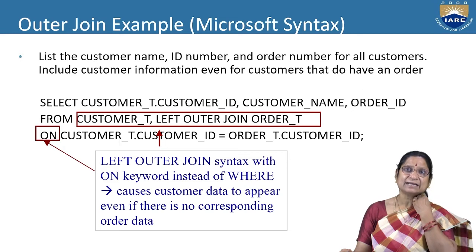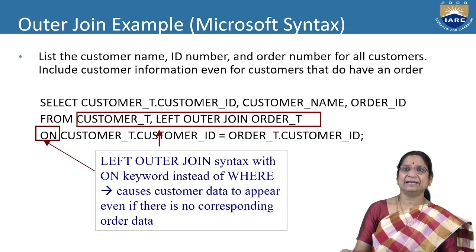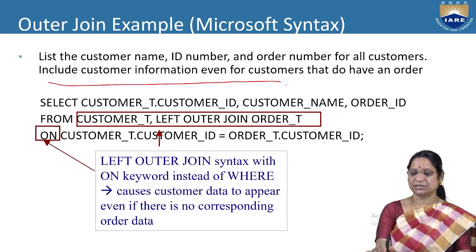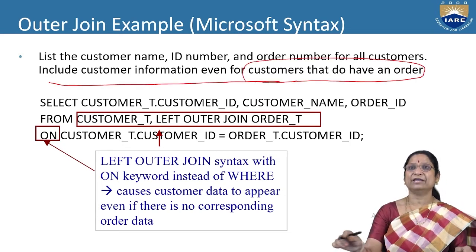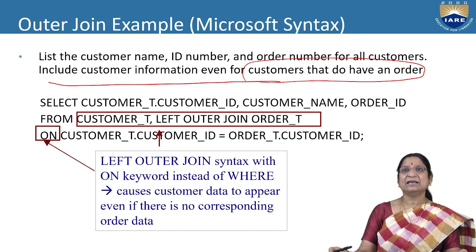So that's why in the select clause here, whenever you are using this customer, you observe: list the customer names, IDs, and order numbers for all customers. Now you observe that it includes the customer information, even for the customers that do not have an order. We need to get customer details for those who have an order and also those who do not. Then you may be thinking, why should we use a join? But if they have an order, the order ID also must be displayed. So once the order ID is supposed to be displayed, there must be a join.